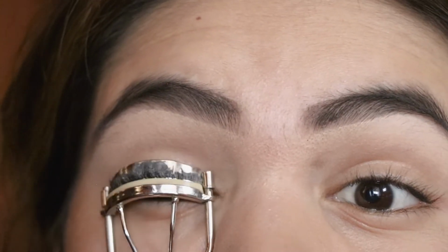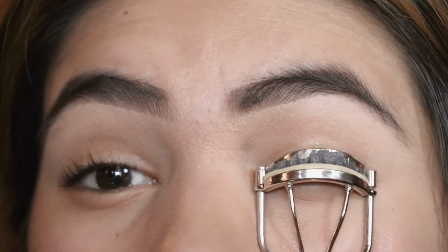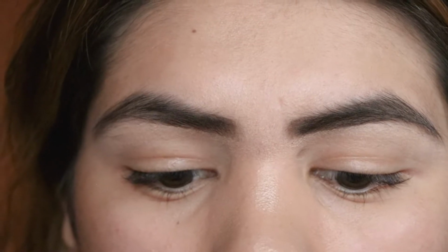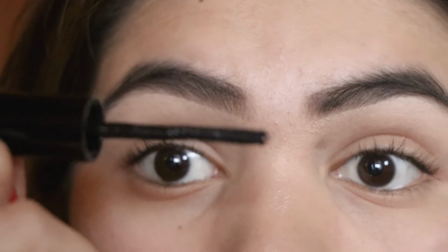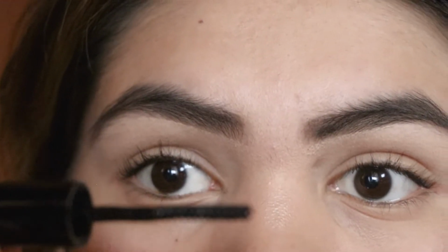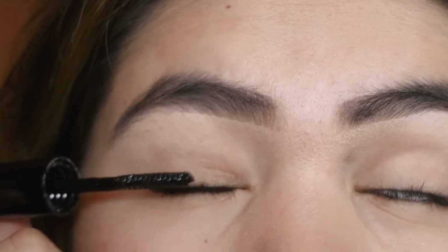So this is how I do it. I am going to start off by curling my eyelashes, which I probably already did unintentionally. I just always do that right away, but we're gonna curl them, and then I am gonna start off with the mascara. This is a little bit different. You're not using this mascara to enhance your natural lashes. You're using this for the liner,